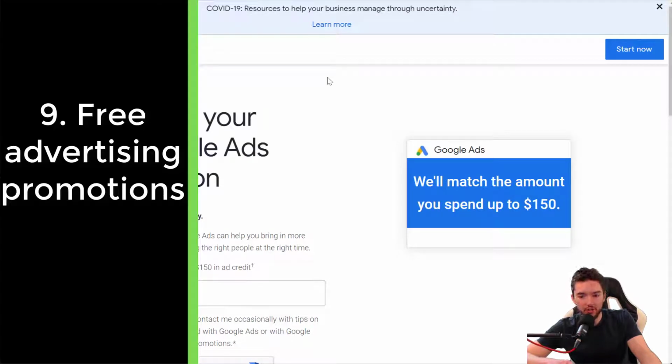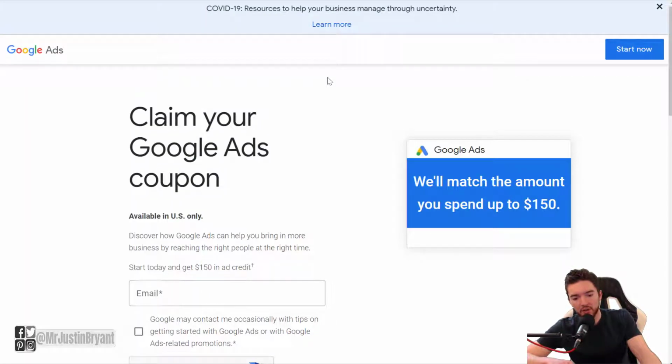Number 9, I know I mentioned you don't have to do ads, but there are certain times when you do want to do ads. For instance, if you don't have to pay for it. So when you create a new Google Ads account, they will actually sometimes give you ad credits, or they will match your ad credits. So this can be a great way to almost get your money back or get a big discount, or sometimes they will literally just give you money to create an account.